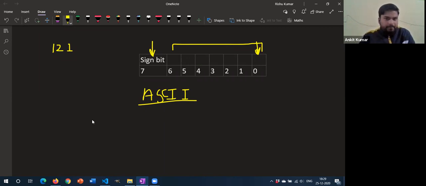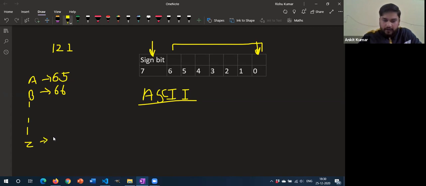Suppose you're pressing A, so you understand it as A, but for the computer that is just a picture. When you press A, inside the computer, A is not sent. Instead, a code is sent. That code has been assigned by ASCII. So let us see what that code is. When you have capital letters, let's say capital A, that is given a code which is 65. Similarly, capital B, just pay attention to my words, is given a code which is 66. And so on. When you move on to Z, that is assigned a code which is 90.